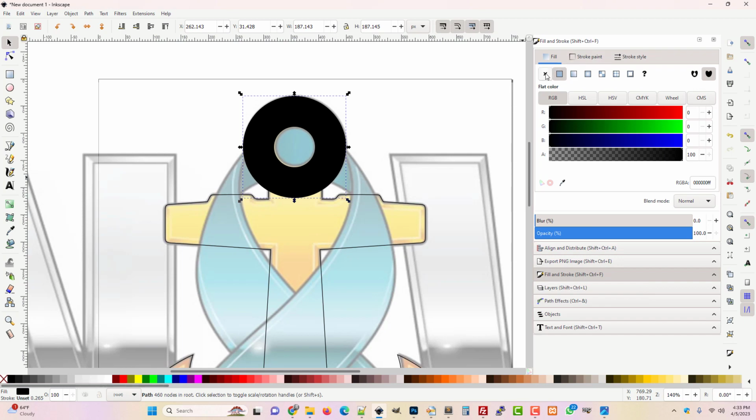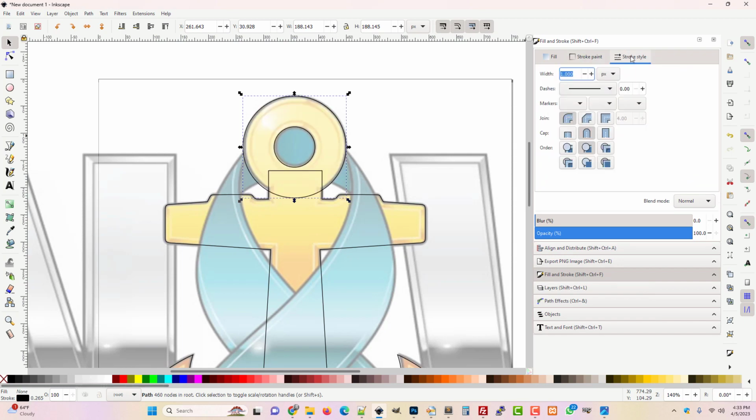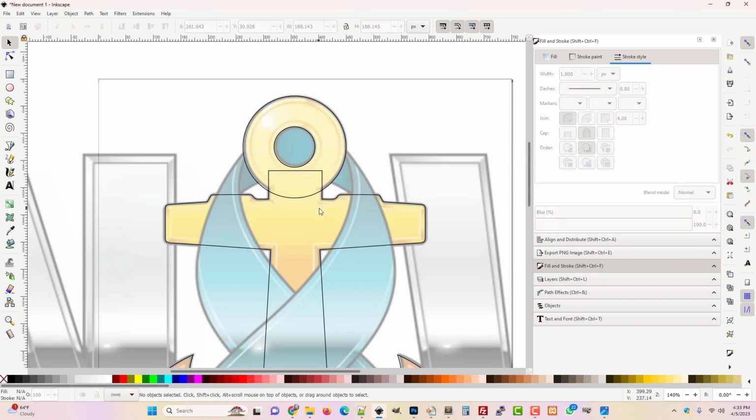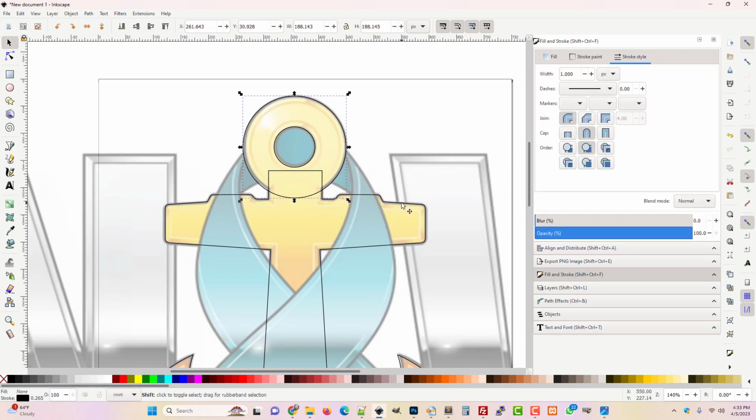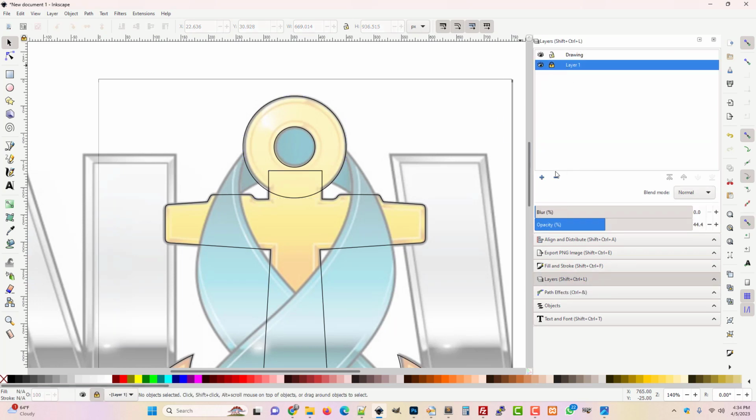Here, let's get this. Let's remove the fill and let's add some stroke. And I'm just going to make sure it's 1 pixel. Yeah, that way everything's all equal. And then we're going to center this up. So let's just click on both of these objects. We don't need our other layer anymore. We've used it, you know. So I'm just going to go ahead and delete